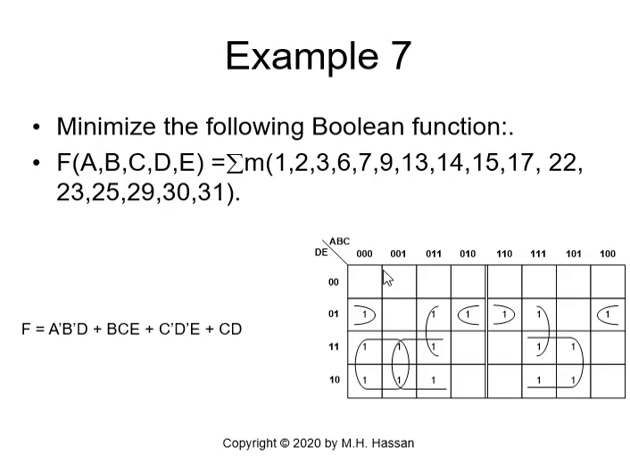Now this group of 4, the 1 will cancel with the 0 for the C, so I have A prime, B prime, and the 1 will cancel with the 0, so I have D. A prime, B prime, D. So I have A prime, B prime, D. A group of